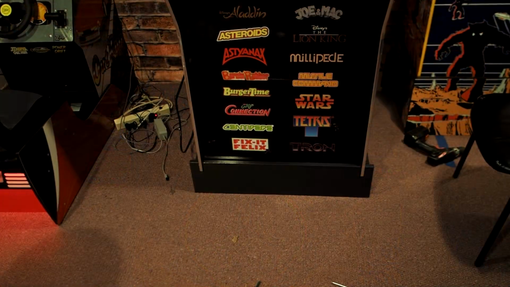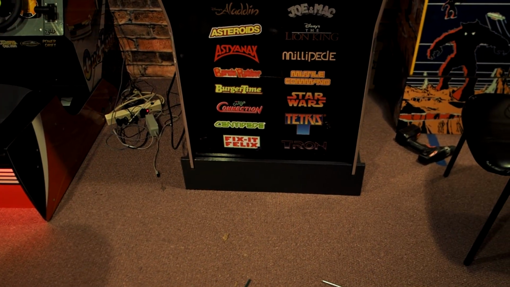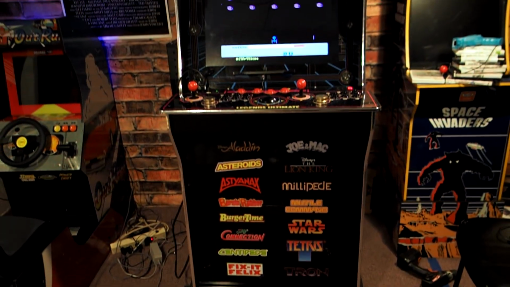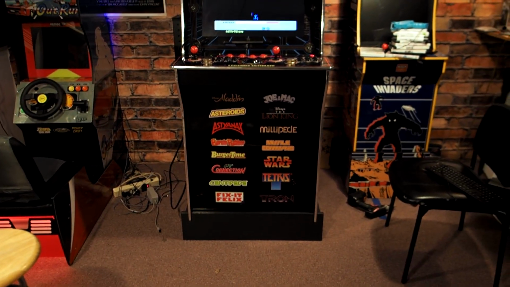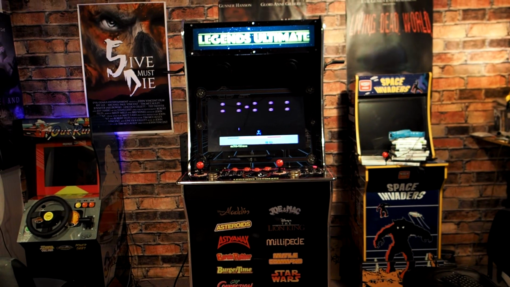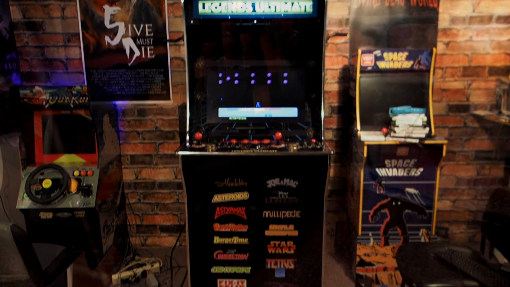Alright, on this episode I'm going to do a very quick tutorial on how to build your very own riser for your AtGames Legends Ultimate Cab. Now the ALU is of course actually the biggest machine in this market segment at 66 inches tall and 29.5 inches wide. It's one of the reasons I love this cab so much and think it has so much value